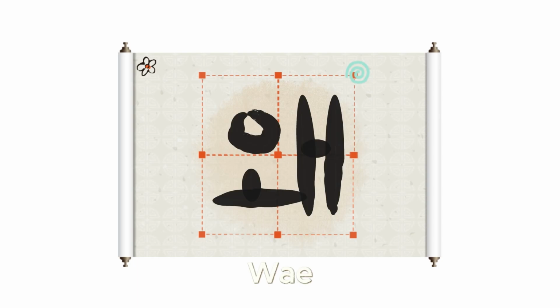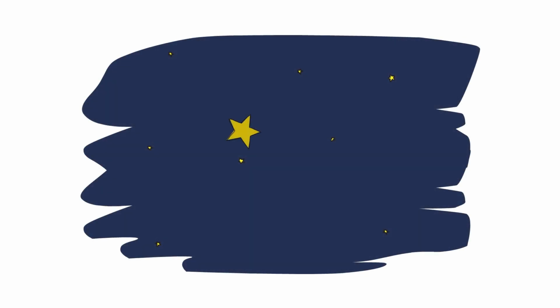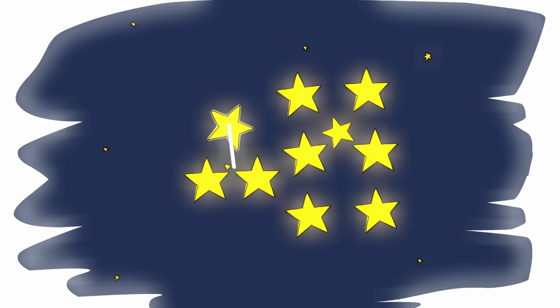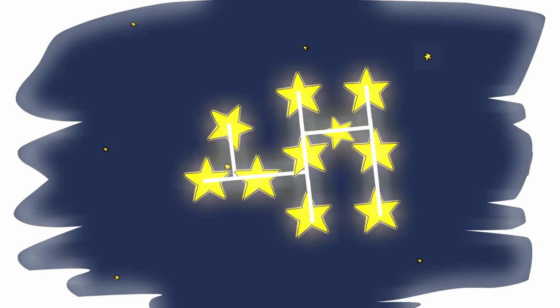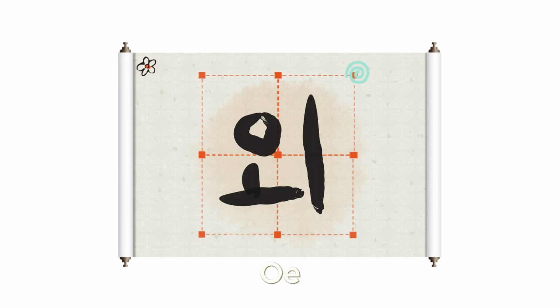왜? Right. 와. Draw one more long line to the right. 왜? 왜,